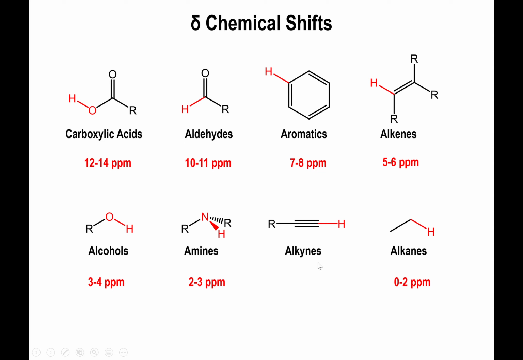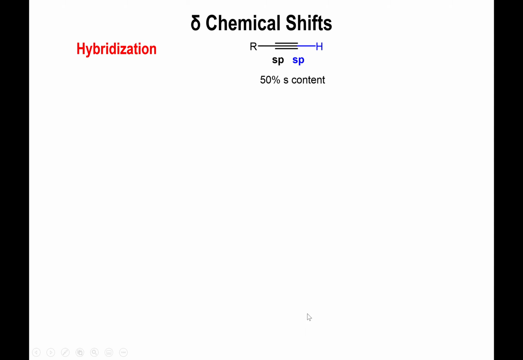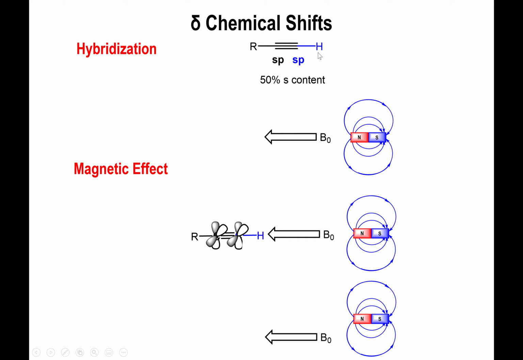Now that brings us to the alkynes. The alkynes are kind of interesting molecules because on the one hand, you have carbons that are sp hybridized, so they have the most s content and they're the most acidic, withdrawing the most electron density away from hydrogen, just from the point of view of hybridization. But when you consider what's happening magnetically speaking, the story is a little bit different. So let's take notice of the position of the alkyne. If we have a magnetic field that goes in the following direction,